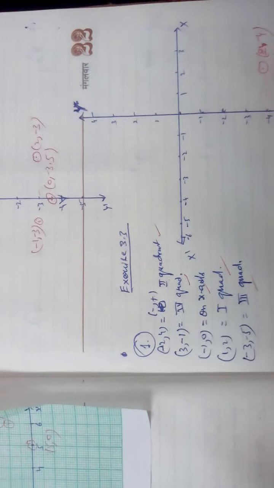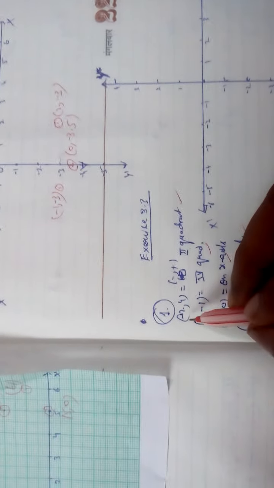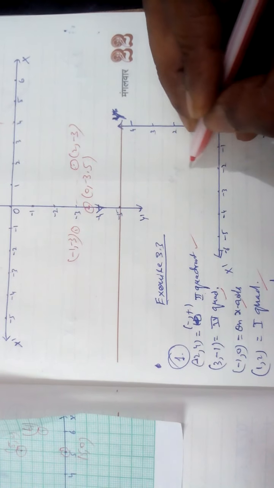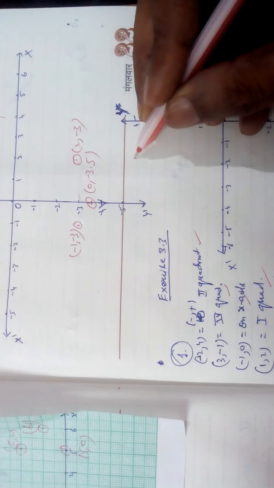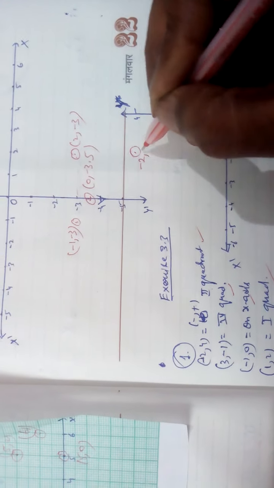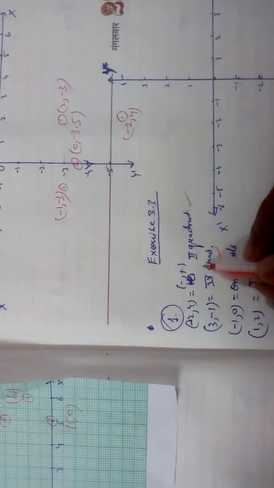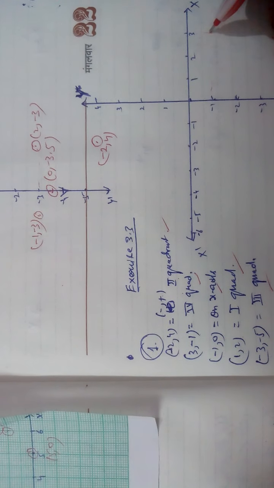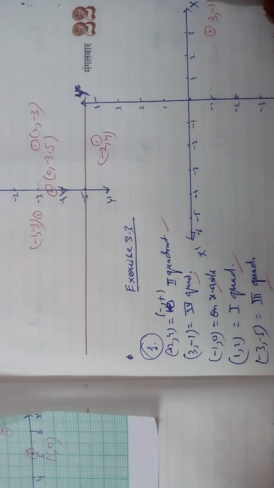What is given? -2 comma 4. No, it is not given. -2 comma 4. -2 is here, and we will go up till here. So it is the -2 comma 4, which is in which quadrant? Second. Verified. 3 comma minus 1, 3 then minus 1 you are getting, it is 3 comma minus 1, which